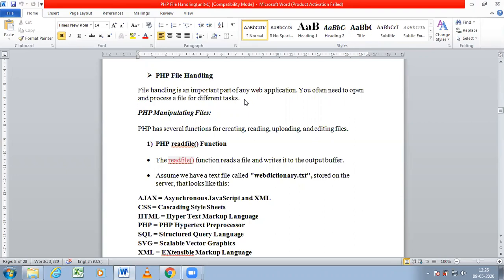If you want to give data through files to your program, you will use some functions related to that file. So in PHP we can use file concepts to give input data.